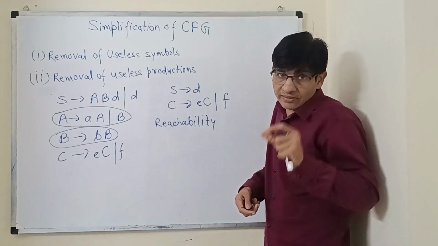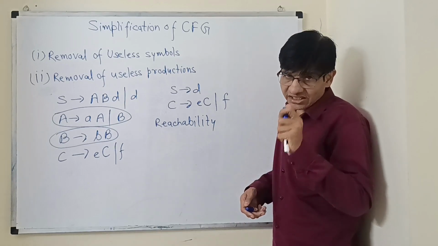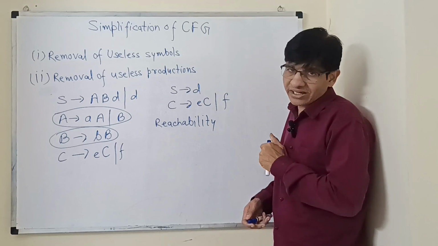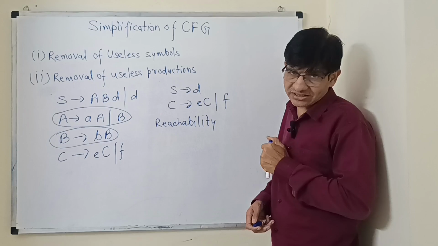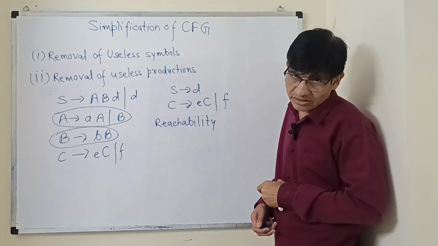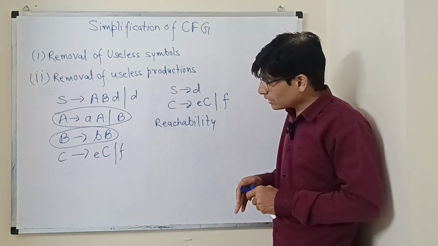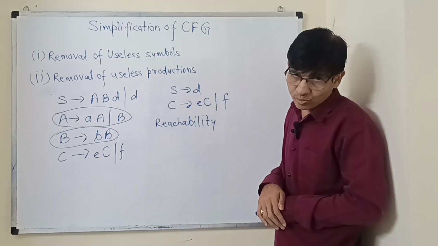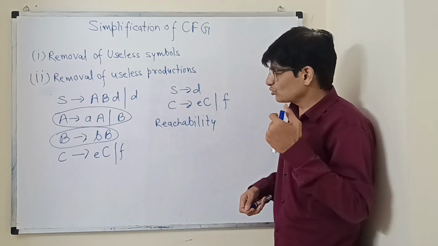If starting from the start symbol, you can reach a particular variable using the productions, then this would be a reachable variable. If you cannot reach a particular variable starting from the start symbol, then this variable will